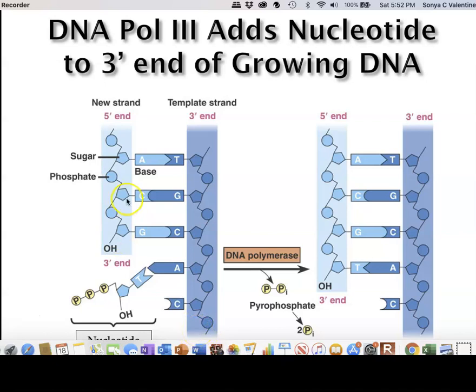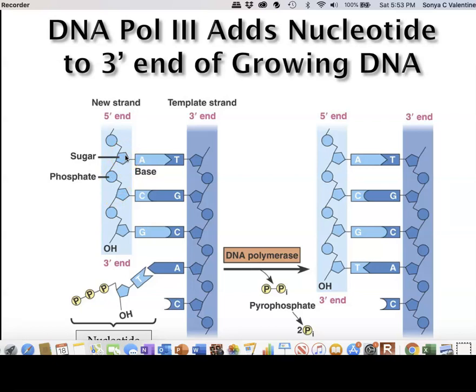That direction has to do with the sugars, the carbons on this sugar. Everything is labeled, and we call it prime, which refers to where these molecules attach. And so